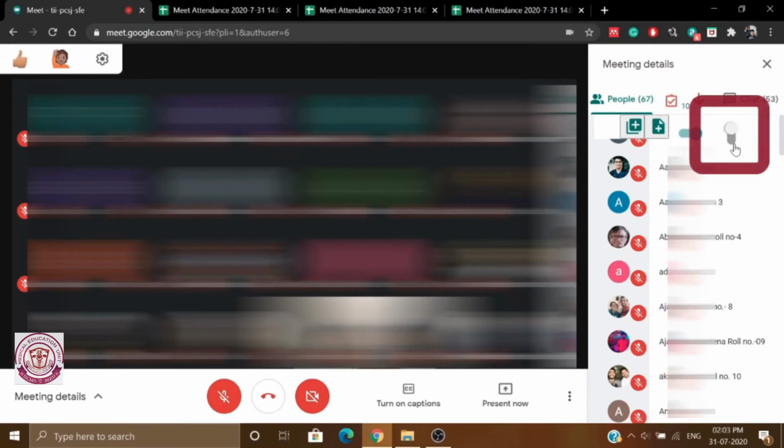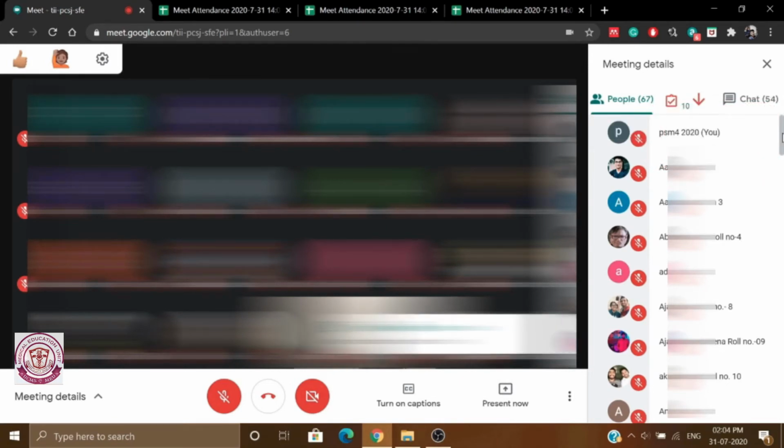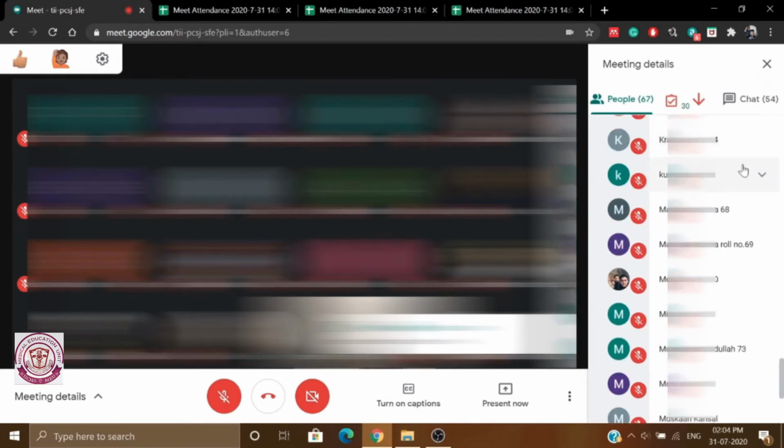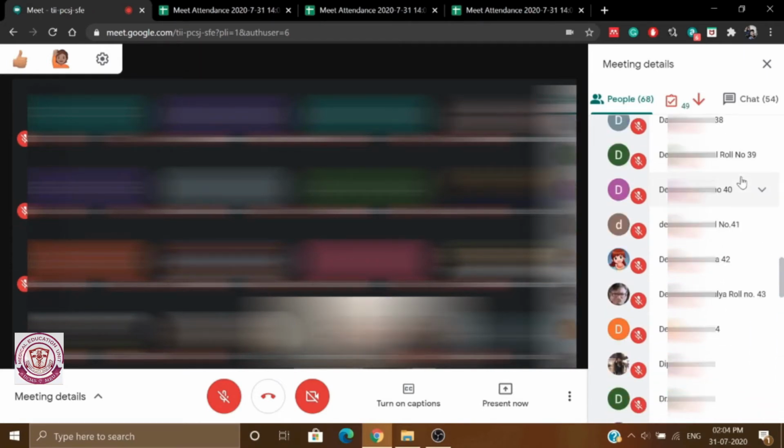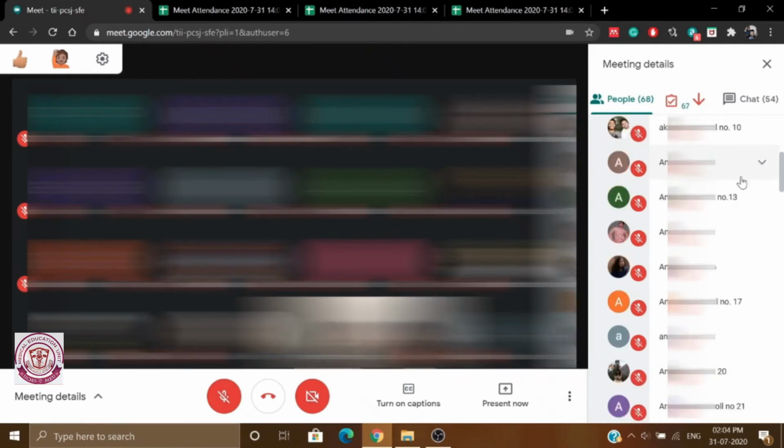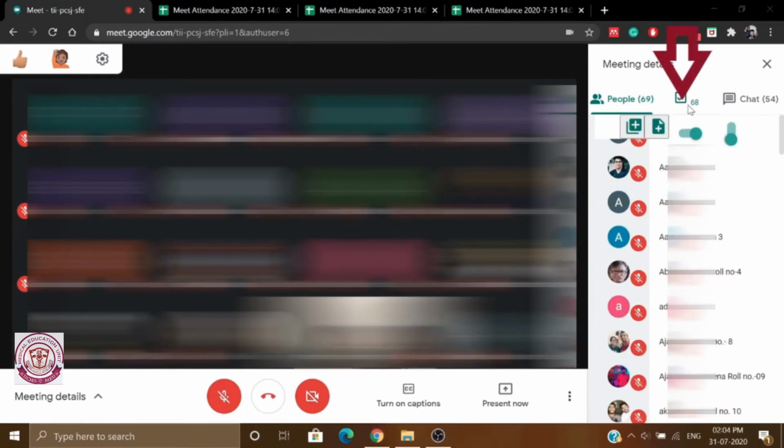This function is fulfilled by the fourth option, which is a vertical toggle button. This can also be turned on and off by clicking on it. It is advised to turn on this vertical toggle button when a number of participants exceeds 15 to 20. When both the horizontal and vertical toggles are switched on, you just need to scroll down once and the extension will take the attendance of all the current participants by scrolling down on its own. Now you can see attendance of all the participants who had joined before switching on the toggles has been recorded.